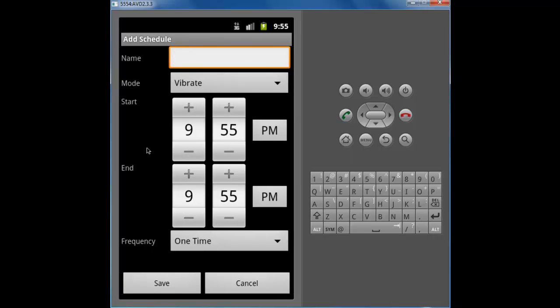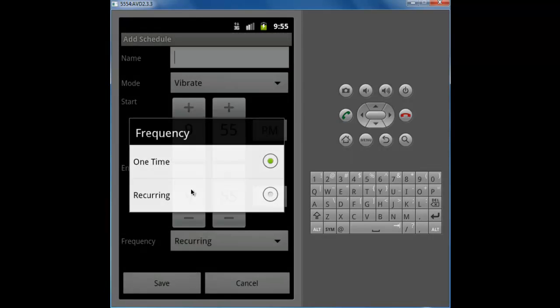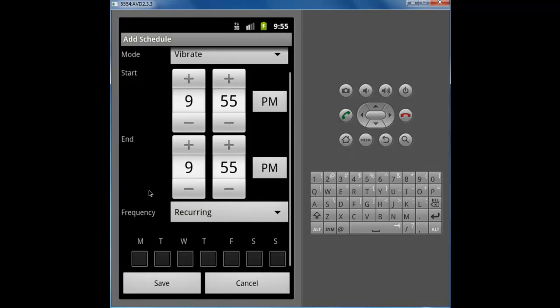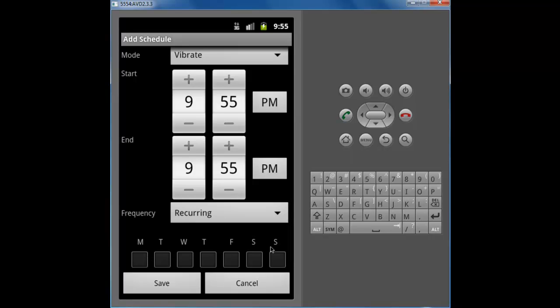On this second screen, you can go ahead and add a schedule. You can give it a name. You can select what mode you want that schedule to change your phone mode to. You can give it a start time and end time, and you can give it a frequency, either one time or recurring, which with recurring, you will then get to pick what days of the week you want this schedule